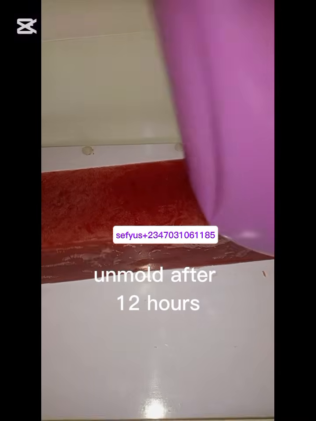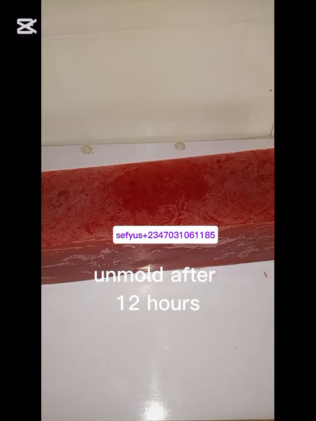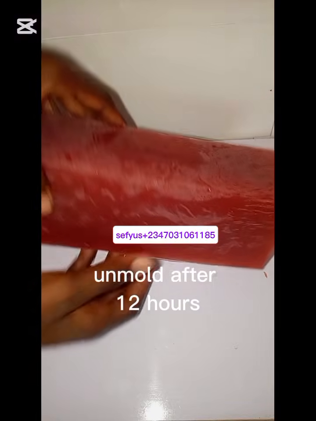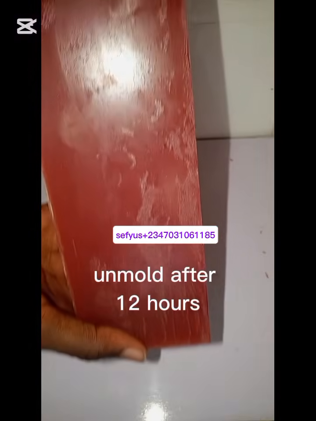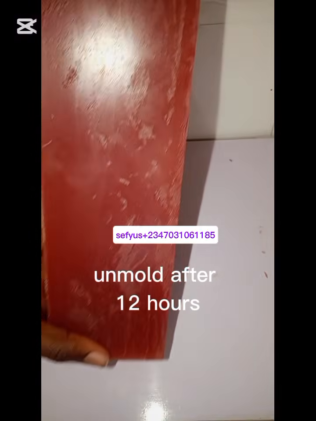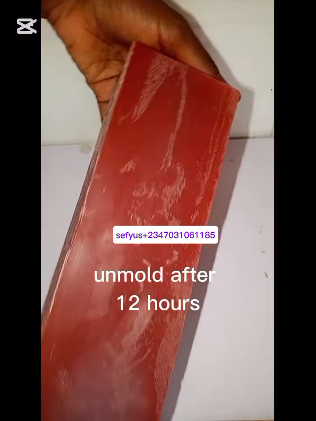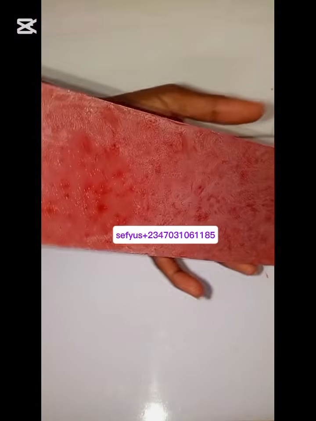So I turned this one after 12 hours. It's not up to 24 hours, I think. Yes, I turned it after 12 hours of production. So here is the soap. You can see how it is. The customer I made this particular soap for doesn't want me to cut it. If not, I would have cut it and shown you the